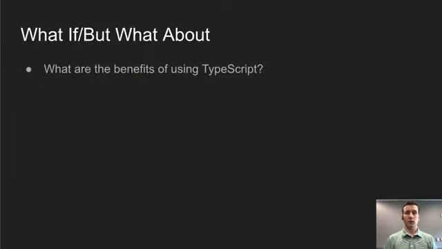What about the benefits of using TypeScript? Well, JavaScript is a programming language that is developed by ECMAScript. JavaScript is a programming language that is developed by ECMA's Technical Committee 39, which is a group of people composed of many different stakeholders. TC39 is a committee hosted by ECMA, and internal standards of,